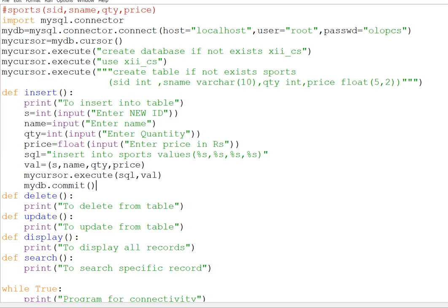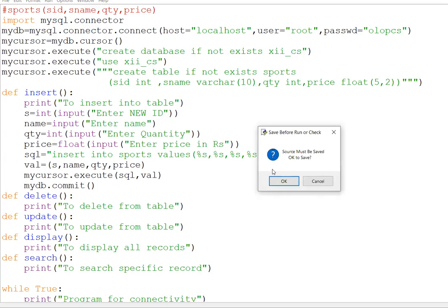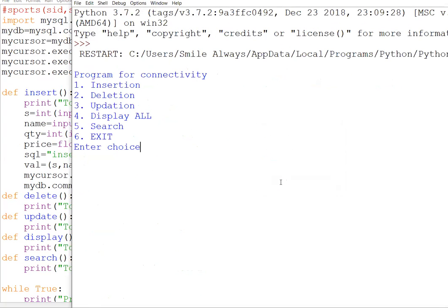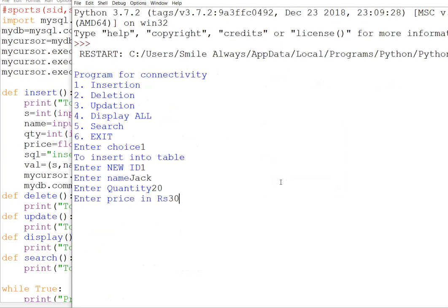So we will check this much today. I'm just executing this program. First choice insertion, 1, name, Jack. Oh, sorry, I was supposed to write a sports name. Suppose by mistake I have written this name, 2030.